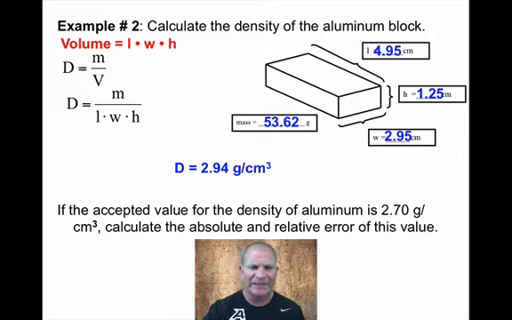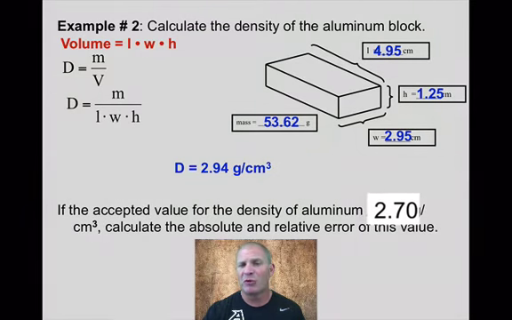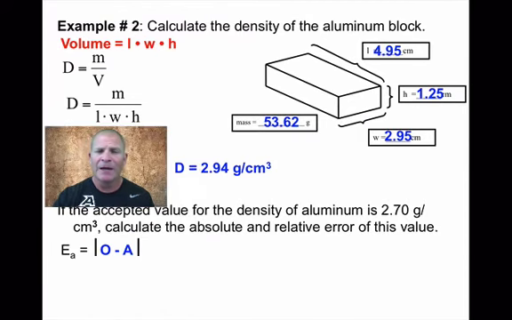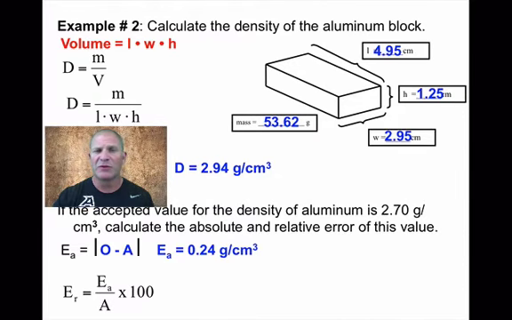Now, if you look down the next segment, I give you the accepted value of the density of aluminum, and that is 2.70 grams per mil. I want you to calculate the absolute and the relative error. Well, the absolute is easy. It's either 2.94 minus 2.7 or vice versa. It doesn't matter because it's the absolute value. Both of them have 2 digits to the right of the decimal. Therefore, my absolute value will have 2 digits to the right of the decimal, and it is 0.24 grams per mil, or